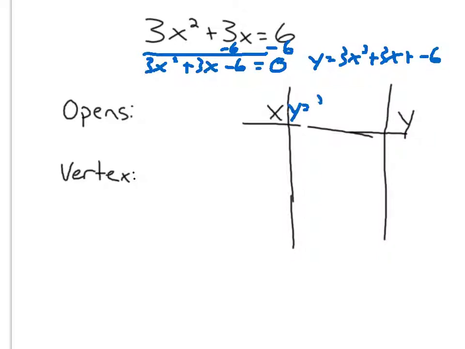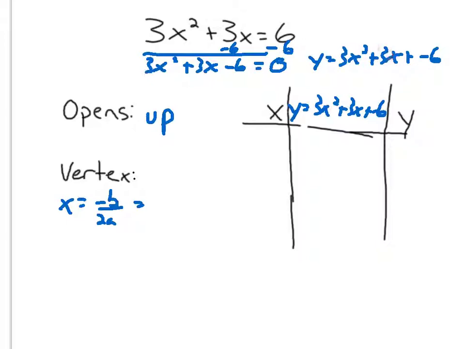And that is my function right there. Okay, so the very first thing I should be able to tell is it opens up because of my positive a value. And now I need to find the vertex, which again, the x-coordinate is the opposite of b over 2a, which